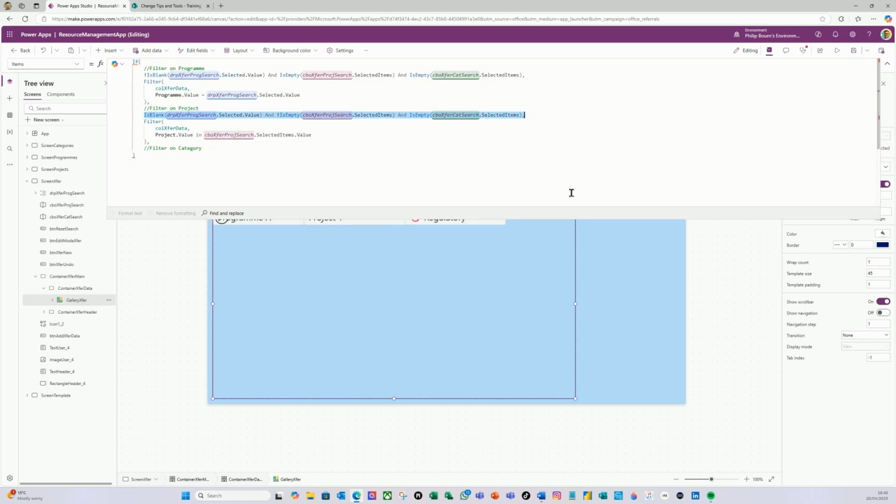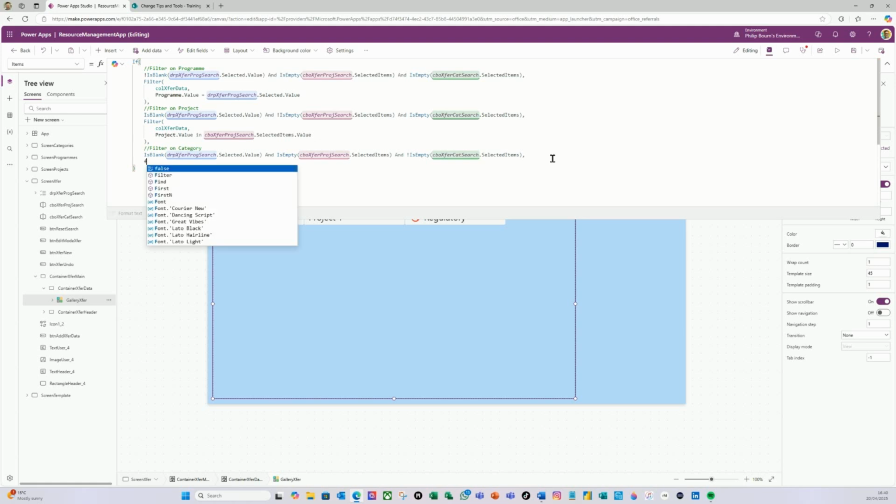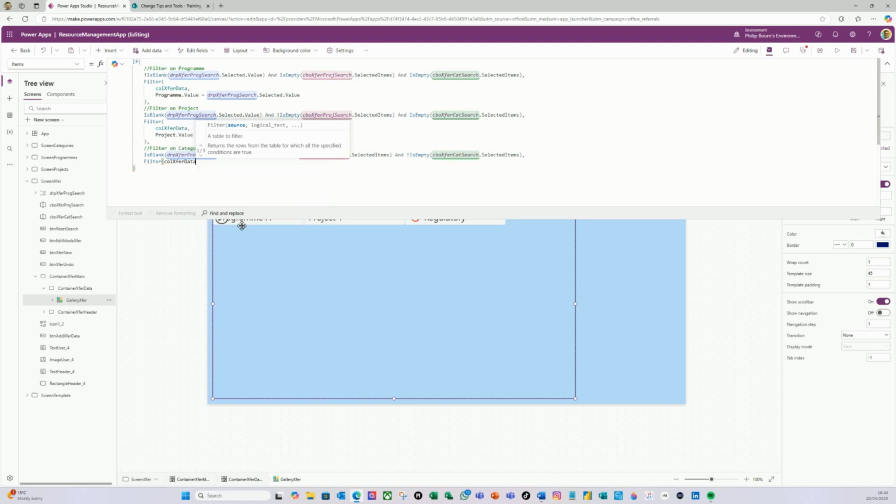So I'm just going to take this now. Let's copy it, do Control copy, and just do return and do Control V. So project has got to be blank. Let's get rid of the exclamation mark on the project search, and let's put the exclamation mark just to make it the opposite. Boom. And then if I do filter, col X for data, just a comma, let's do another return, and this time it's going to be where